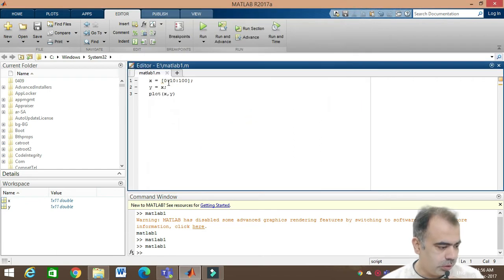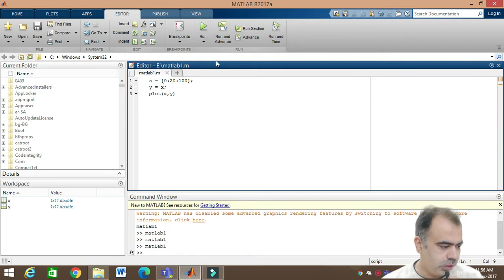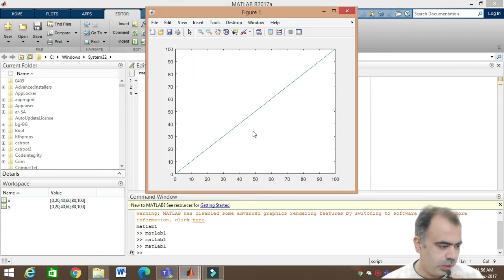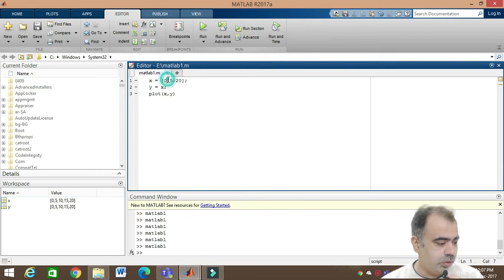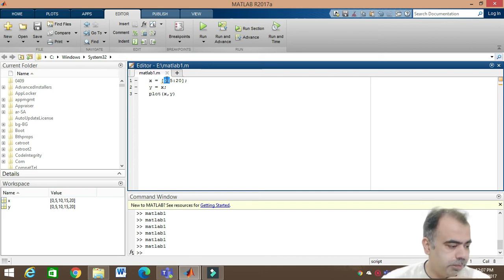You see, the same graph comes, because by default you get an interval of 10. If you want to see it with 20, let's do 20 and run it again. Again it is taking the default value of 10. So I hope you understand.